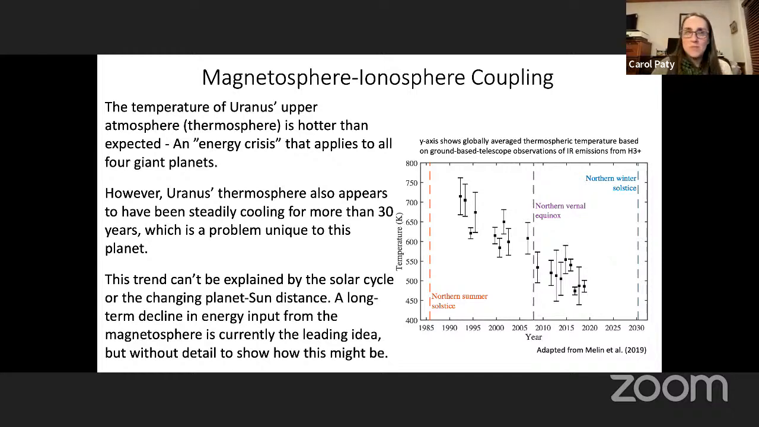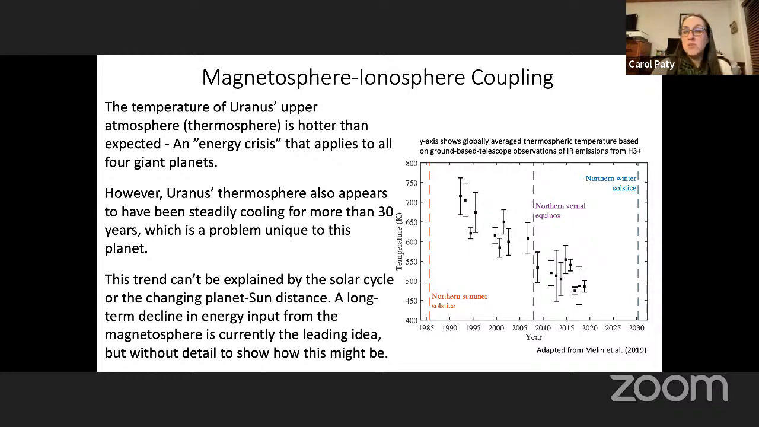However, we've had more and more observations of the temperature of Uranus's thermosphere, and over the last 30 years, it's been steadily cooling, which is also somewhat weird because it should be maybe warming as Uranus gets closer to the sun. So this was a bit confounding. Like, is there some sort of time lag in how the thermosphere heats? The more likely explanation is that it's not the solar cycle. We've eliminated that possibility, and it's not the planet-sun distance, but that it's likely a long-term